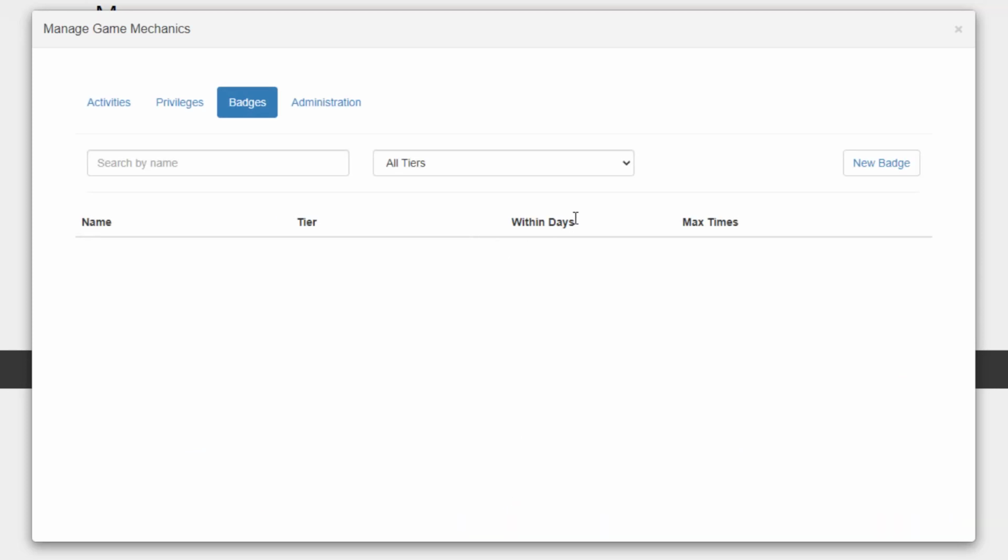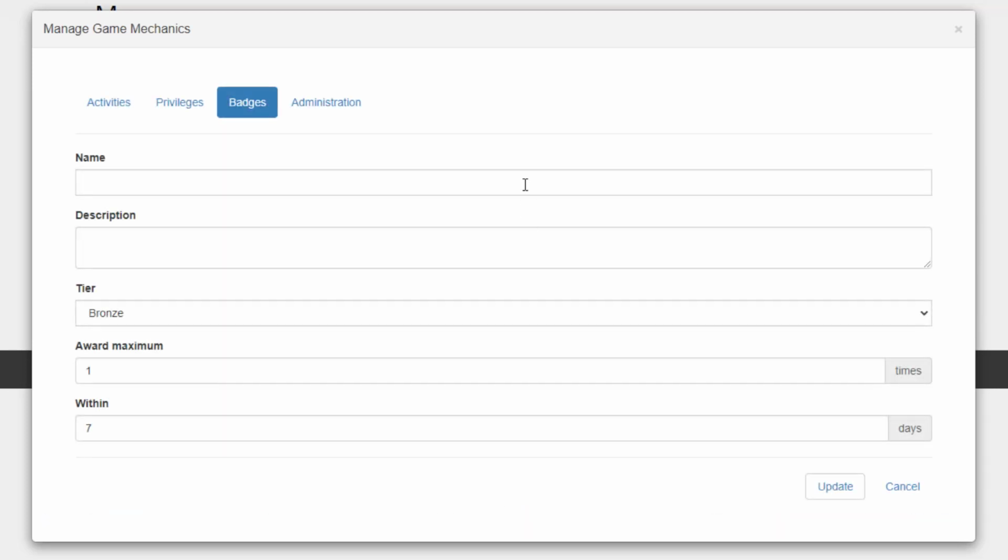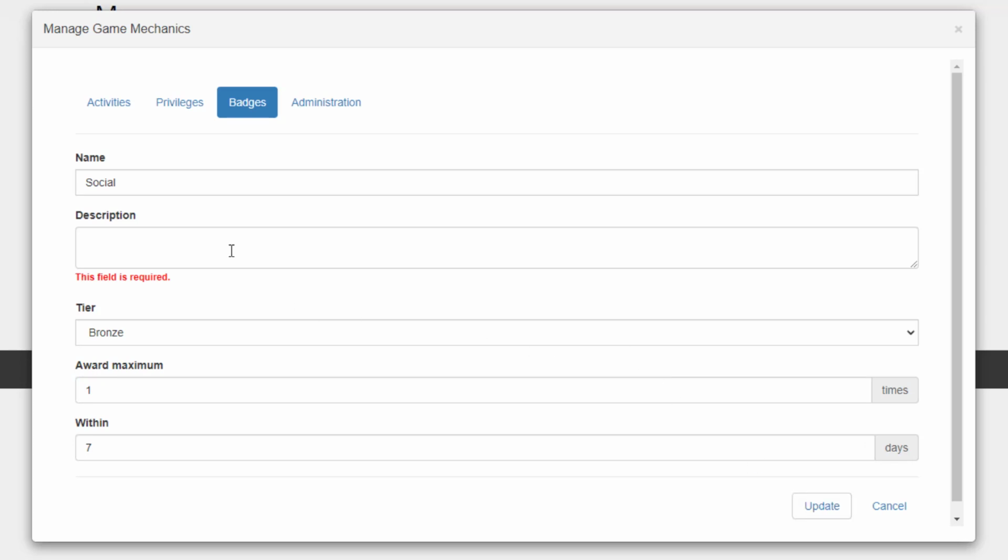Let's go to batches, and let's create a new batch. We will call this social. So this user is social, and it's a bronze tier. I can choose the tier here, and we're gonna award this batch once maximum within 7 days. All right, let's go ahead and update, and